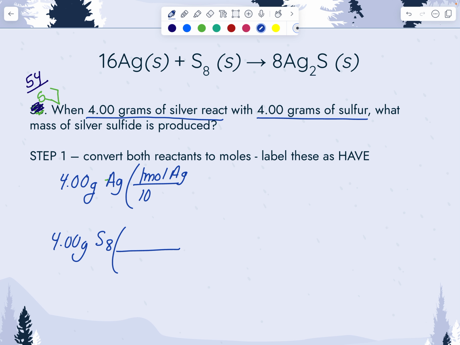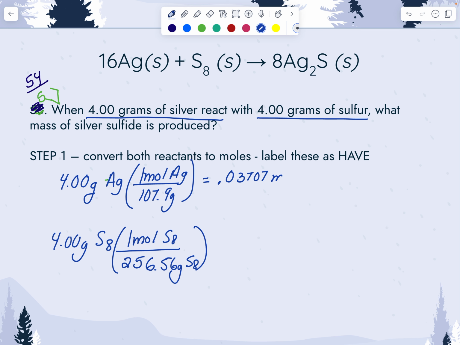So the first thing, we always convert both to moles. 1 mole of S8 has a big molar mass, 256.56 grams. And what do I find? I start with 0.03707 moles of silver and 0.01559